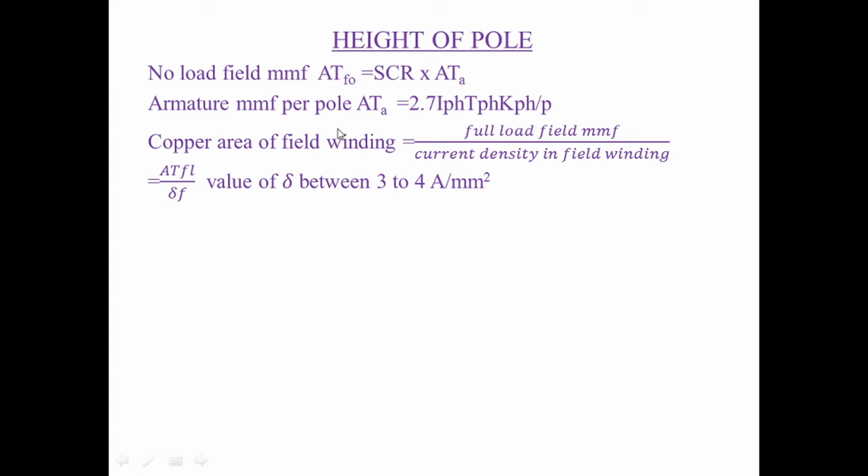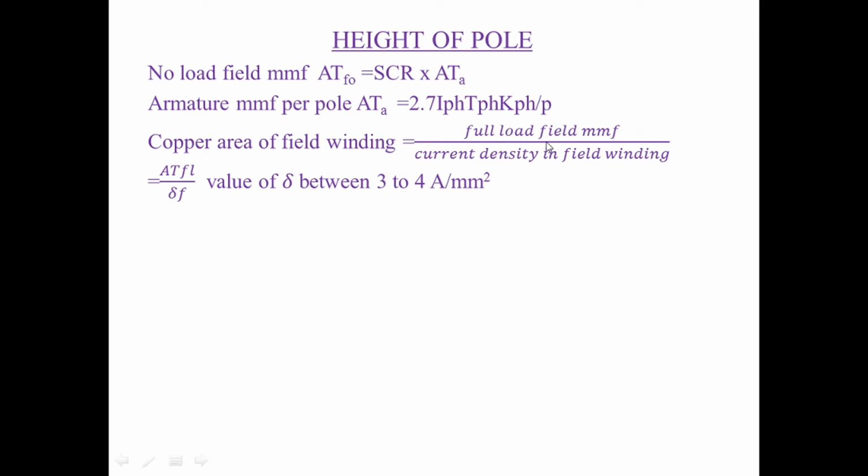So armature MMF per pole, ATA, is 2.7 into IPH into TPH into KPH divided by P. IPH is the phase current, TPH is the number of turns per phase, and KPH is the winding factor. And the copper area of the field winding is calculated as a ratio of